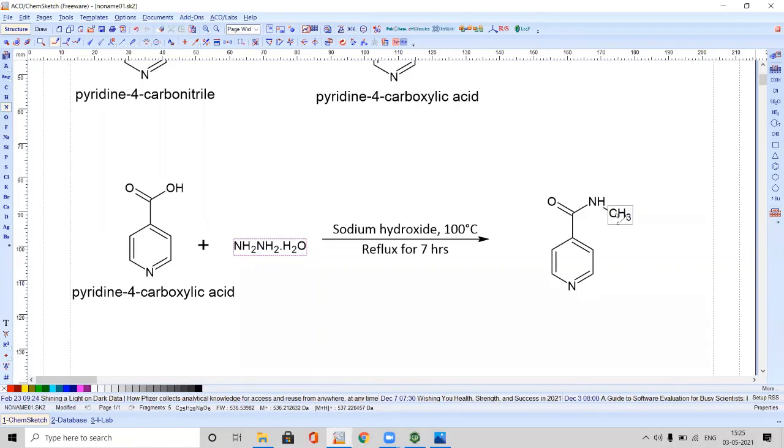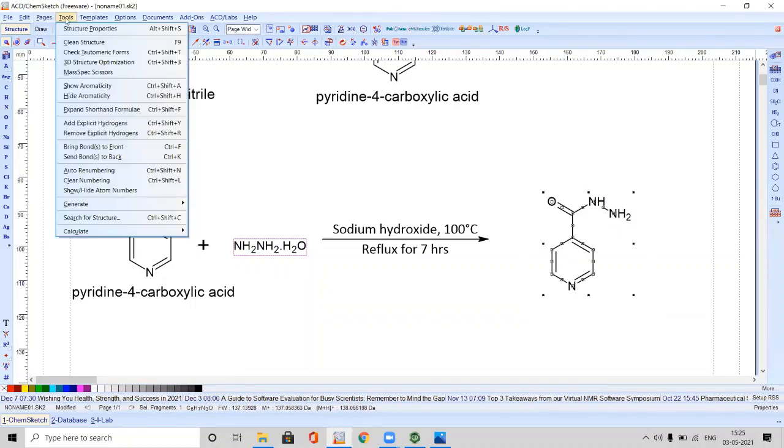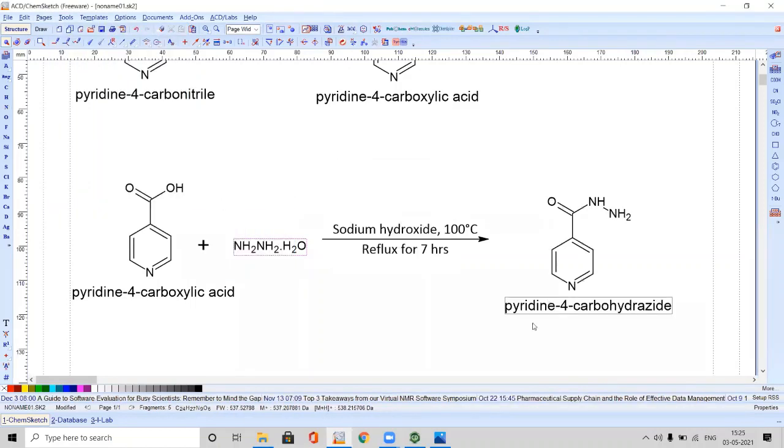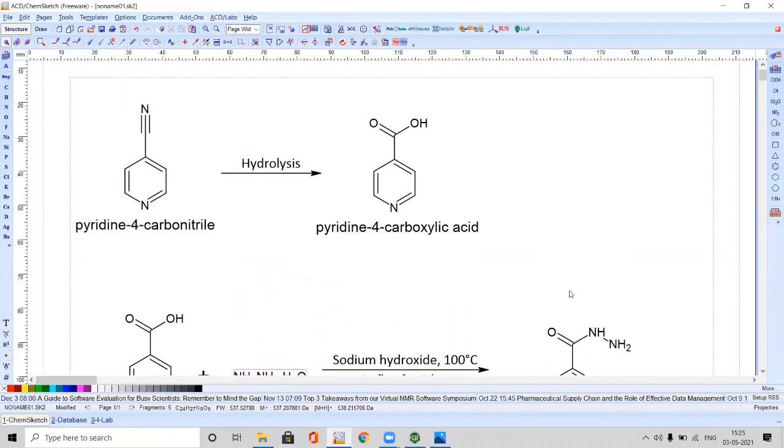If you click here, automatically it will show NH2. So now this became your final product, isoniazid. So pyridine 4 carbohydrazide, or isoniazid, is the name of the compound. So this is another software with which we can make chemical reactions.